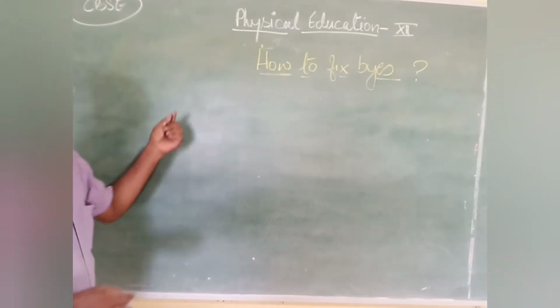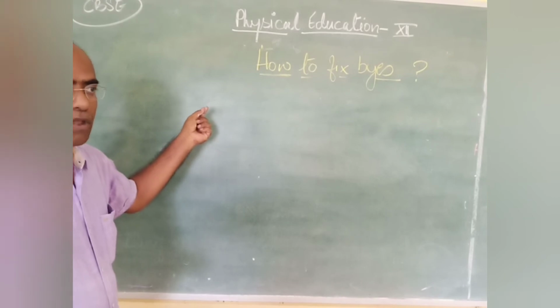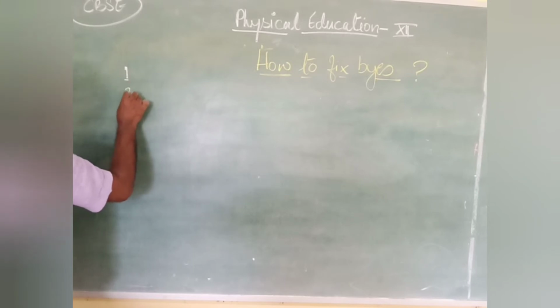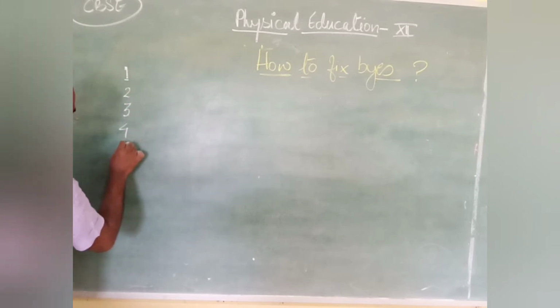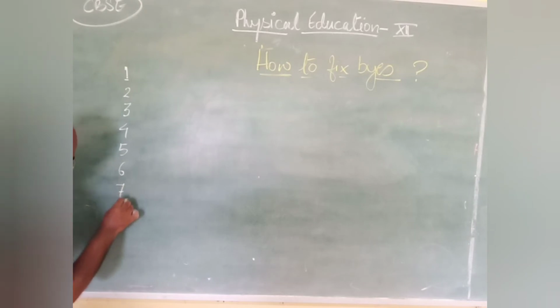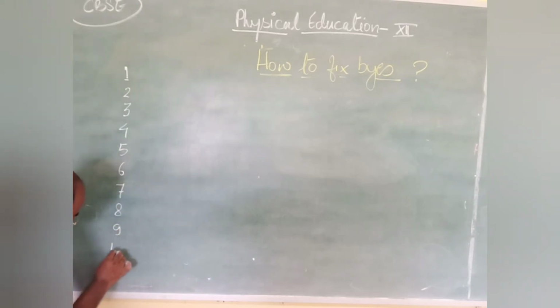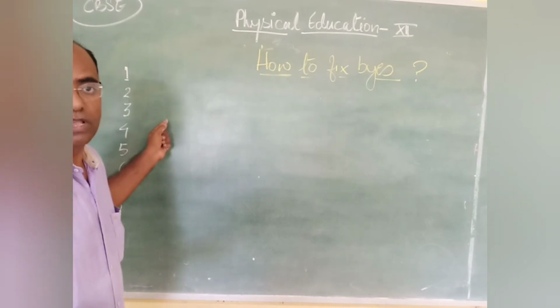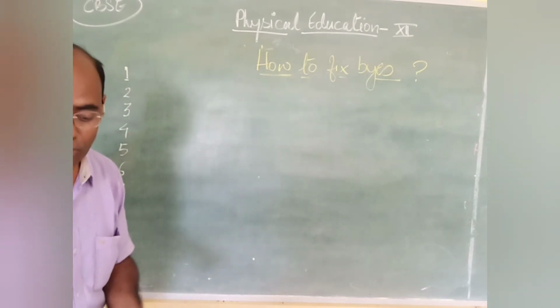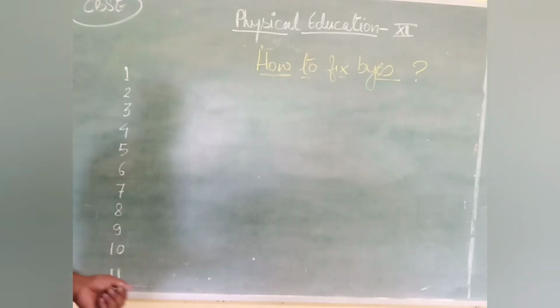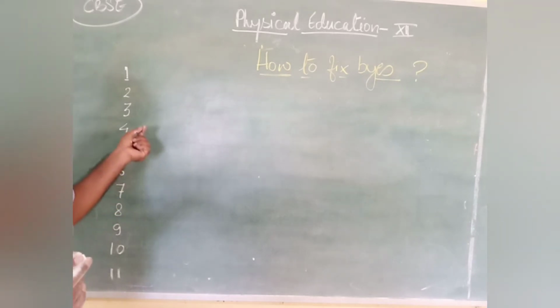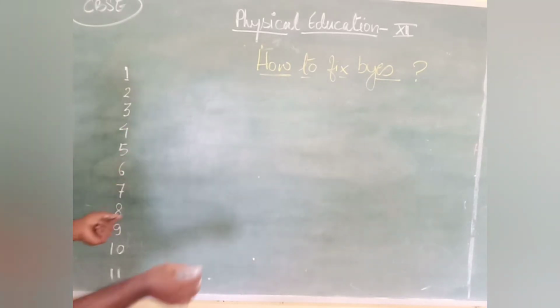So I am going to rub this one and then I make the fixture. Okay, so first to make the fixture we will write number of teams, total number 1, 2, 3, 4, 5, 6, 7, 8, 9, 10, 11. So before I make fixture, in case you do not apply all these formulas, what will be the condition? This also you please check. If we start with total number of teams 8, we practiced in the last video, but here it is not possible.